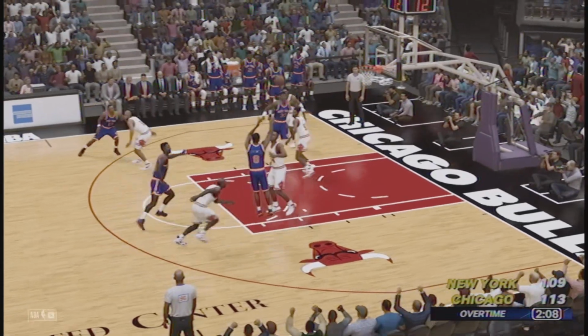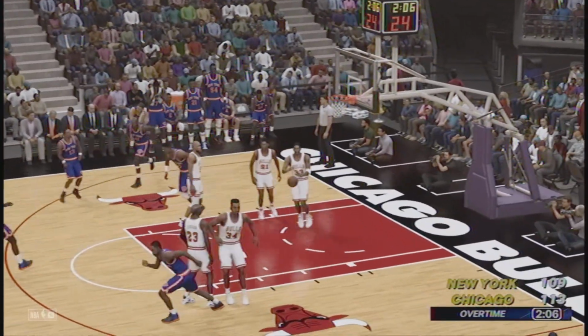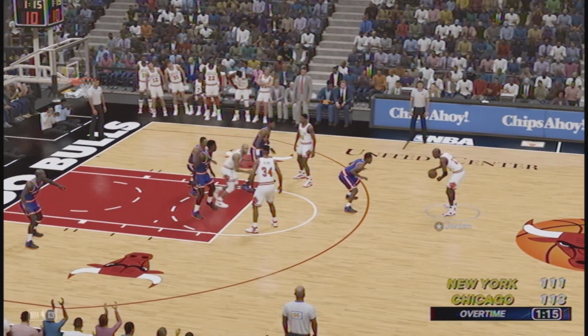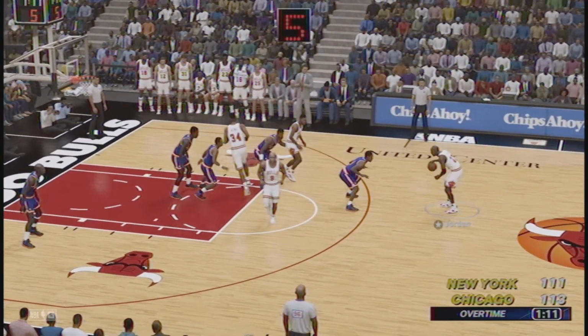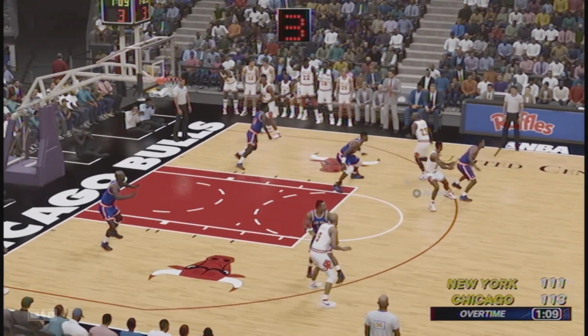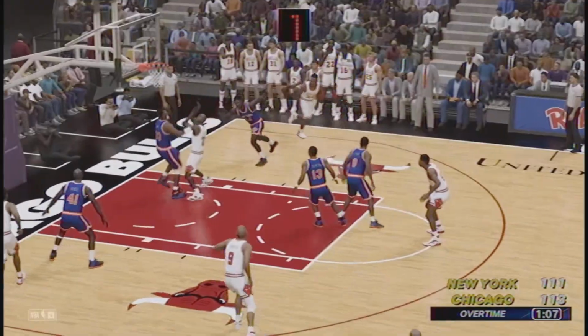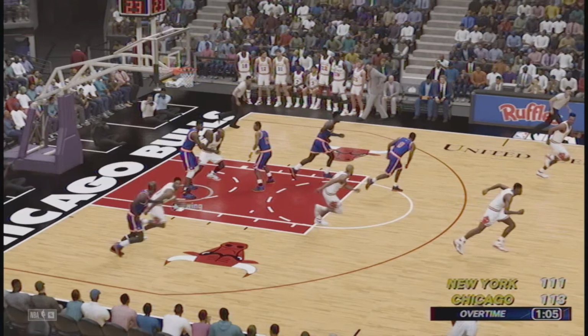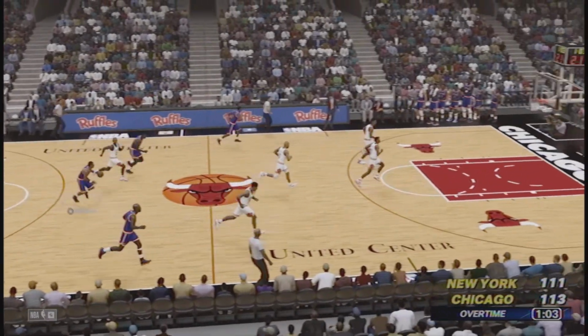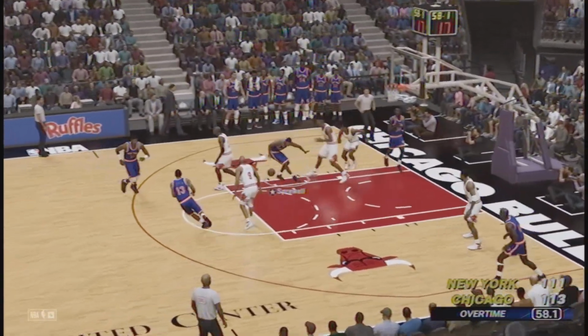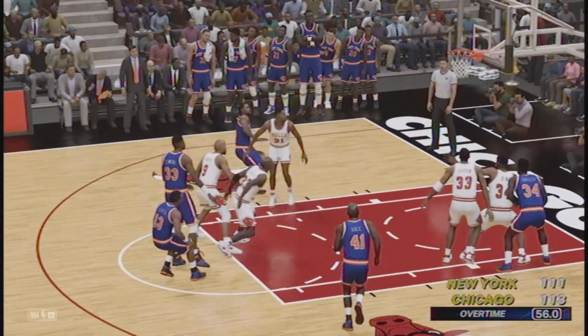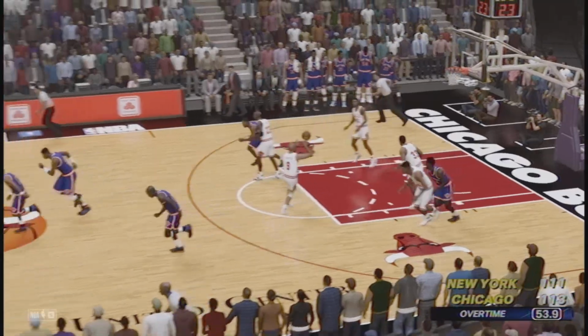It's a 4-point game. Spree, top of the key, receives a screen from Oakley, pulls up for the jumper. Sinks it. Spree is making some nice shots in this game, including that game-tying shot at the end of regulation. But Jordan has the ball right now for the Bulls. He's going to drive. He can't make that shot over Ewing. And yeah, once again, here come the Knicks. Spree, clutch. Can't make that shot, though.